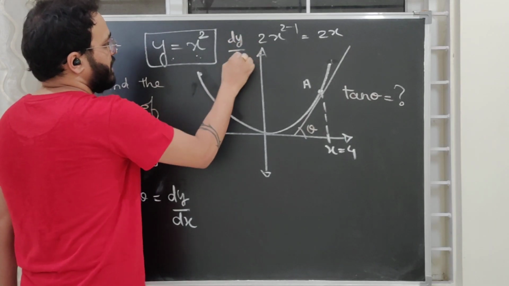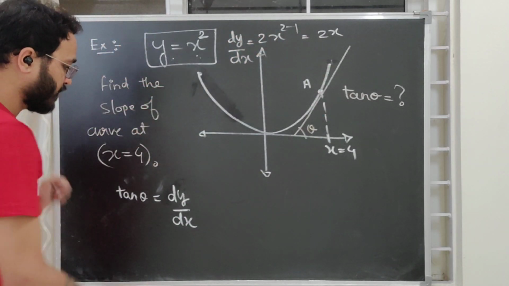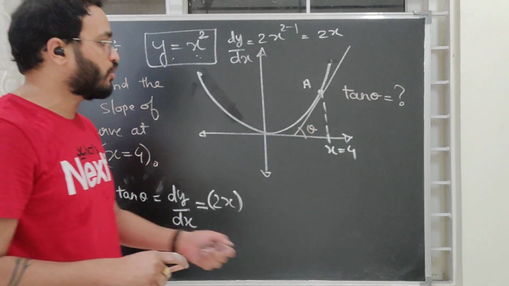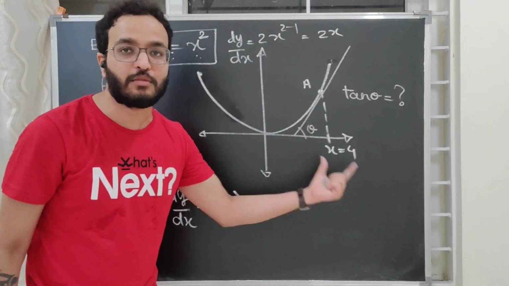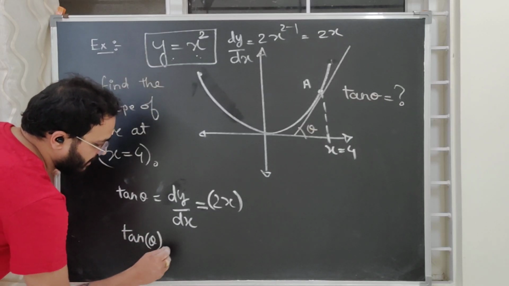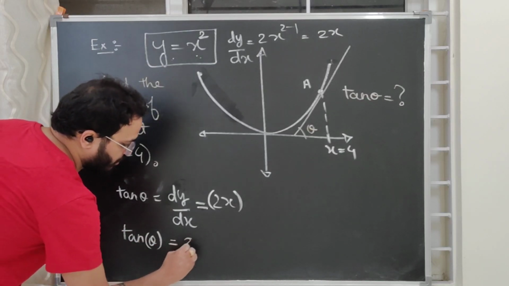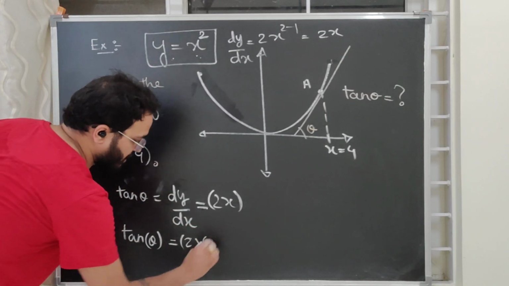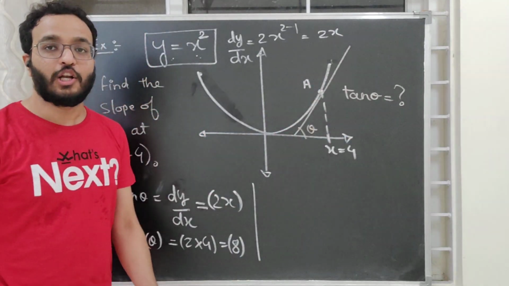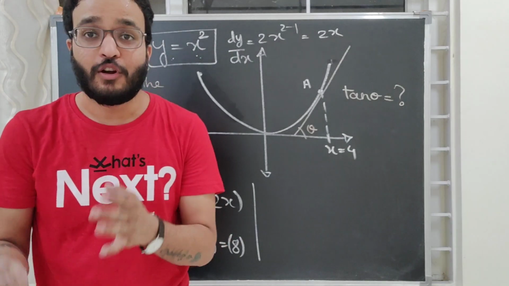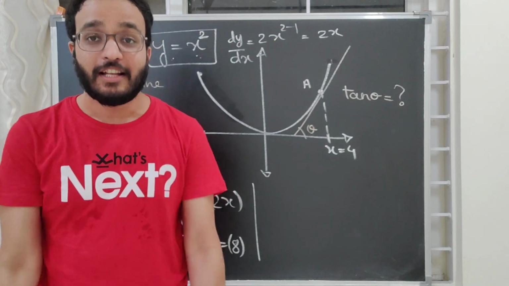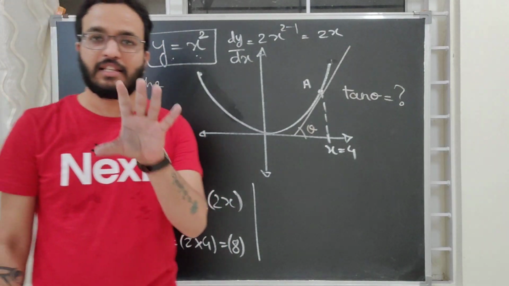So what is dy by dx? You will say, sir, 2x. Okay, brilliant. It is 2x. Now where do we want the slope? We want the slope at x is equal to 4, at this particular point. So you will say, no problem, sir. At that specific point, tan theta will be 2 into, what is the value of x? 4. So what is the answer? 8. So what is the slope of the line at this point? You will say 8. Now you understood how we can use differentiation to find the slope of the tangent or the slope of the curve at any particular point. This is how we use differentiation. This is actually what differentiation is.